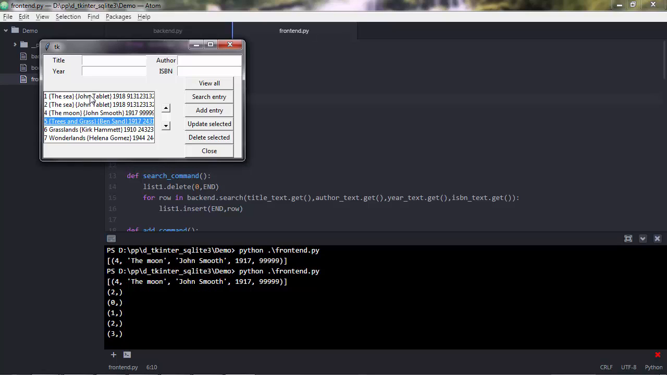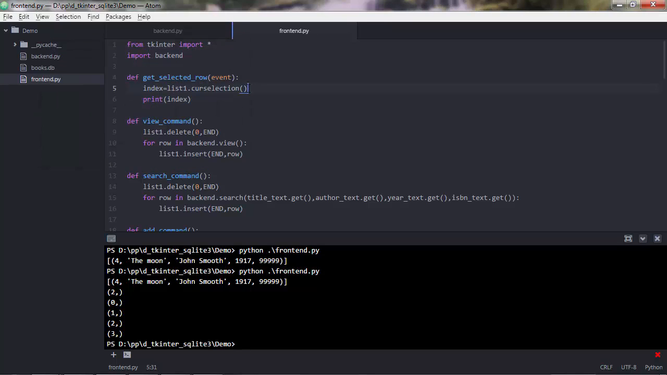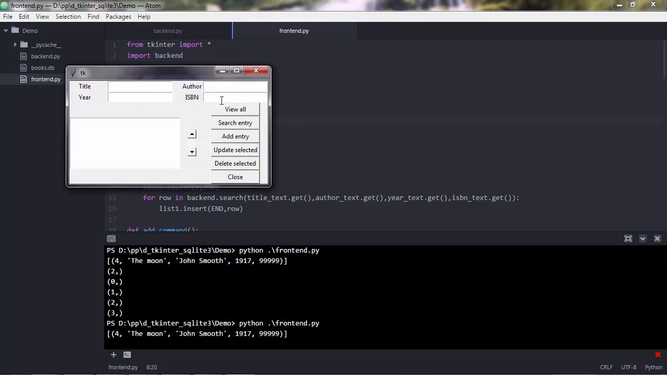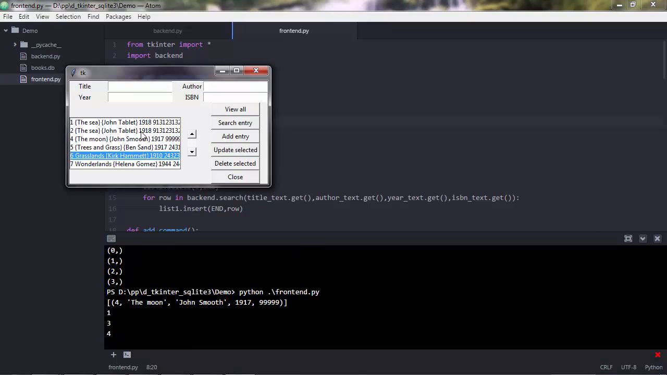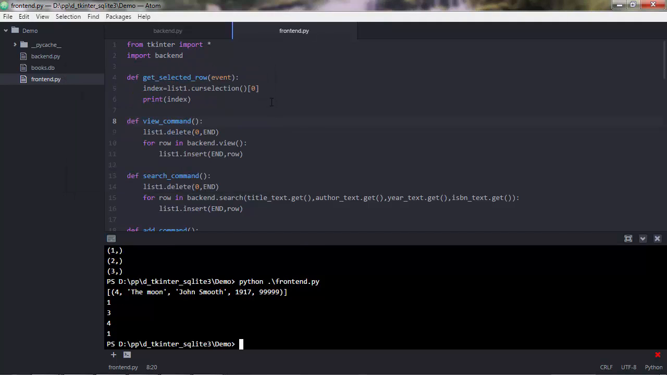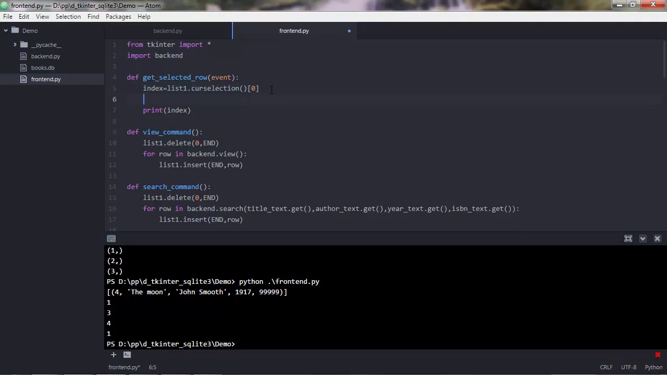However, as you see, this is not a plain number. This is actually a tuple with one item. So what we need to do is a very simple trick, and we just grab the item with index 0 of the tuple, which is number 2 in this case, 0 in this case, and so on. And then we might try this again. View all, and now we get single numbers. Great. So we're very close, but not there yet,